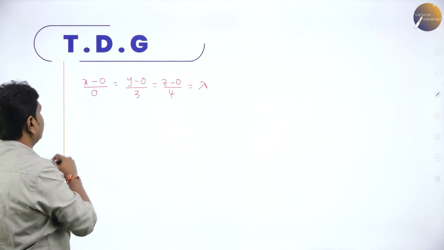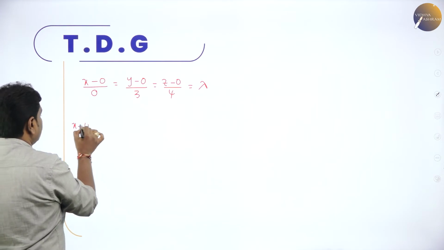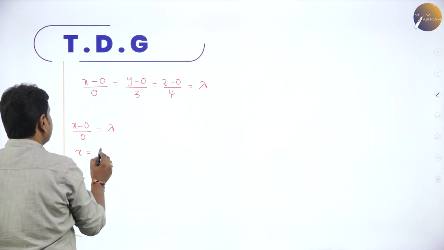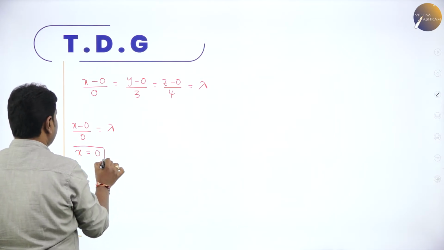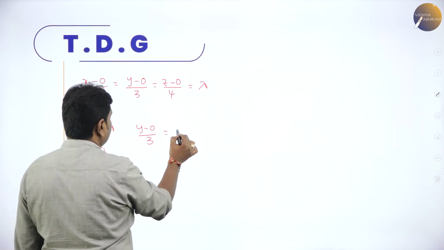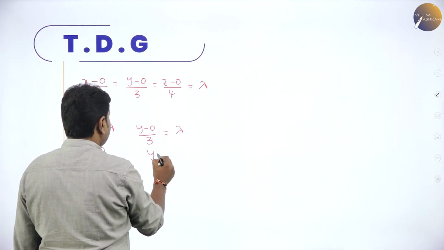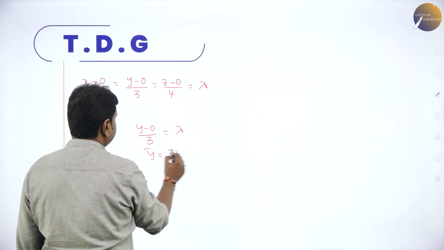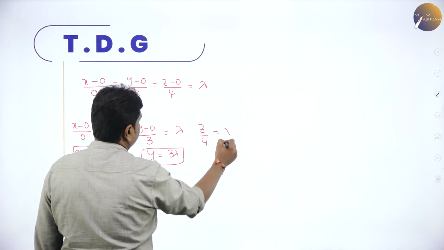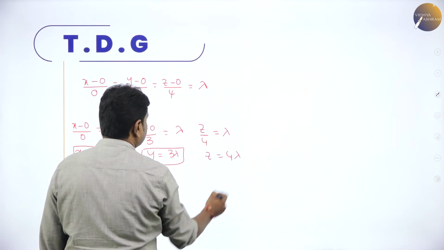Now get the value of x, y, z. I'll take (x minus 0) by 0 is equal to lambda. If I cross multiply, x will become 0. So we got the x value. And (y minus 0) by 3 is equal to lambda, so y is equal to 3 lambda, and z minus 0, that is z by 4, is equal to lambda. That gives you z is equal to 4 lambda. Therefore,